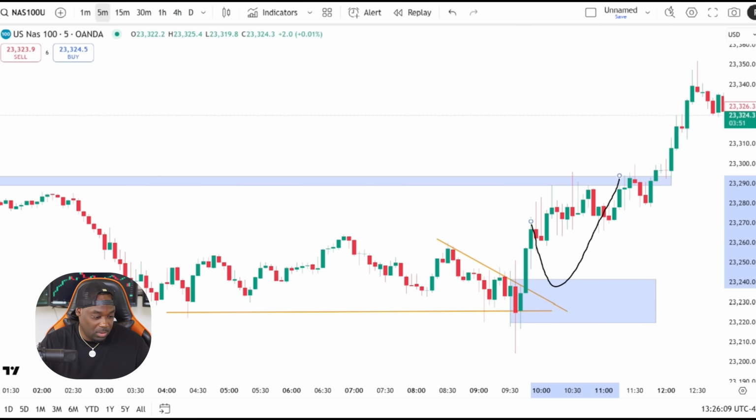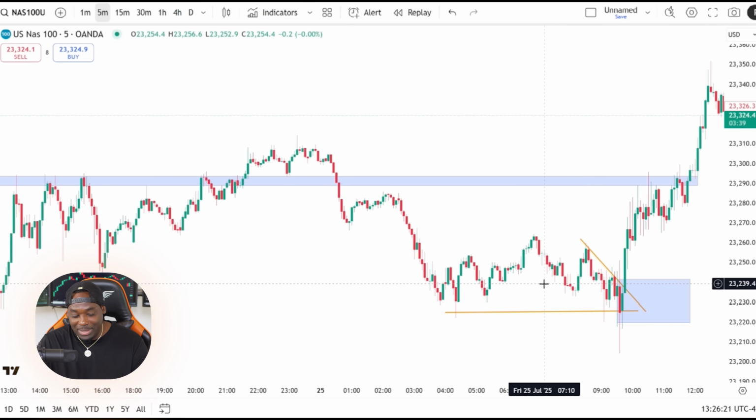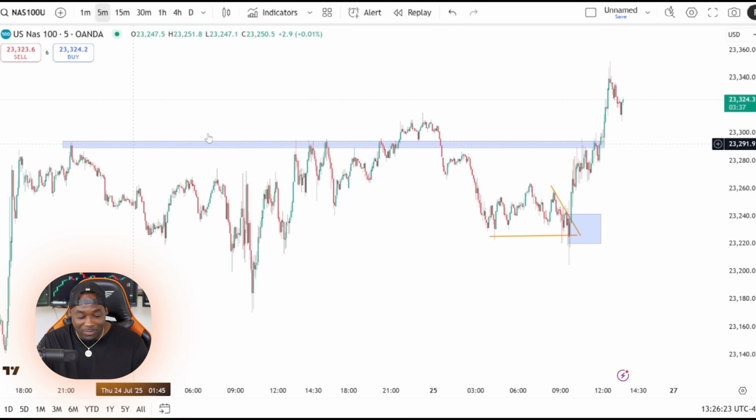Sometimes the market is not going to give you what you want, and you have to be okay with that. You have to be okay with missing out on the move. So to me, I wanted this long. I never got that. But we did go to this level right here where we were having trouble